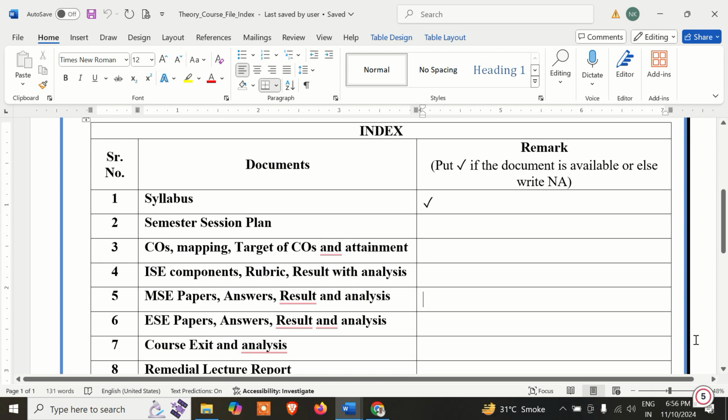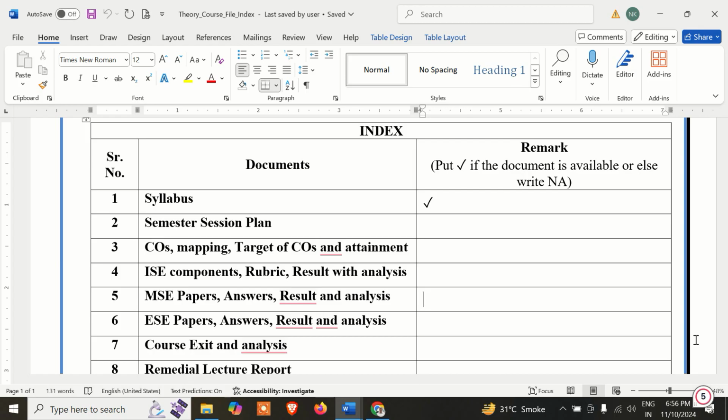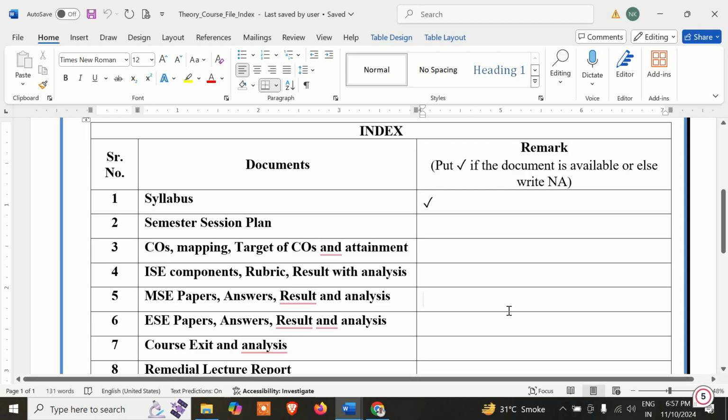In the previous session, we discussed the definition of outcome-based education, and also some of the keywords related to the teaching and learning process. So, in this session, since we are creating a course file, we also should mention the CO-PO mapping,